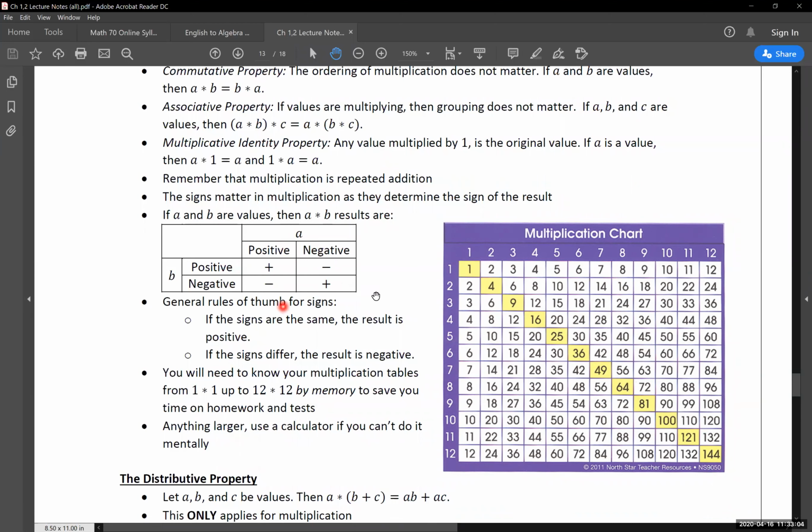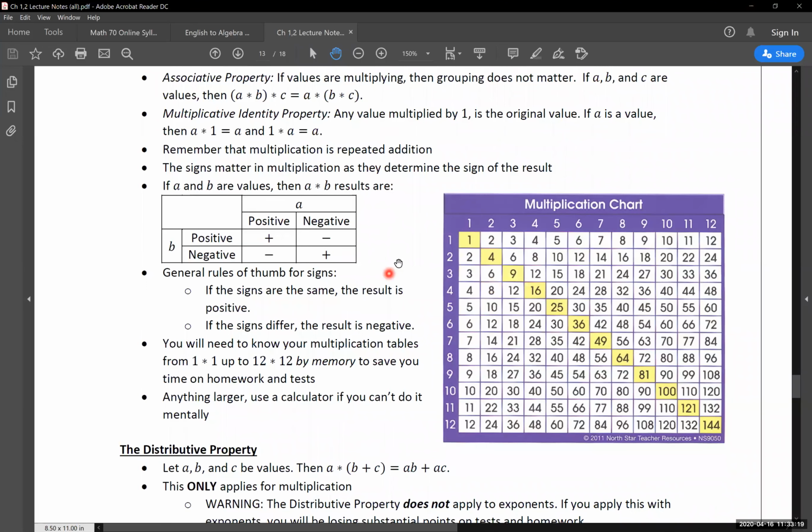So all that this table is here to do is tell you the sign of the answer. It does not tell you the actual numerical value, but it tells you the sign of the answer. And when we go through some of these problems later on in 2.5, where we have a bit more going on, it's really nice to be able to look at two things multiplying and just say, okay, I'm going to take this thing in parts. I know I'm probably going to have some gross numbers showing up. I just want to work with what the sign of my answer is going to be, and we can use this table to help us out with that. So once we know the sign of our final answer, then we can work with the numbers. And that's what I recommend using this for.